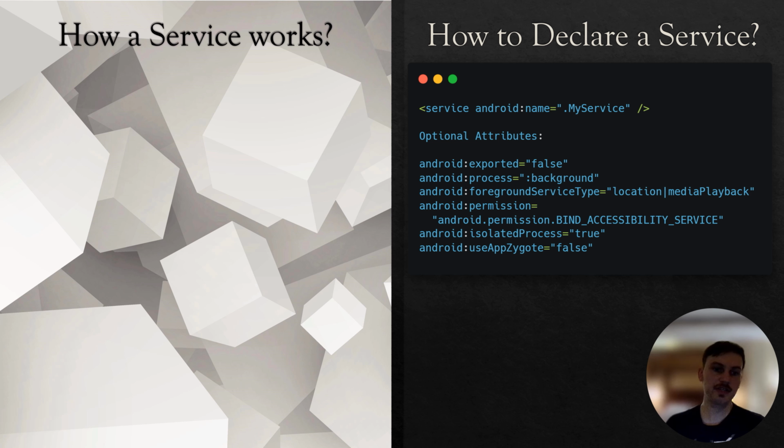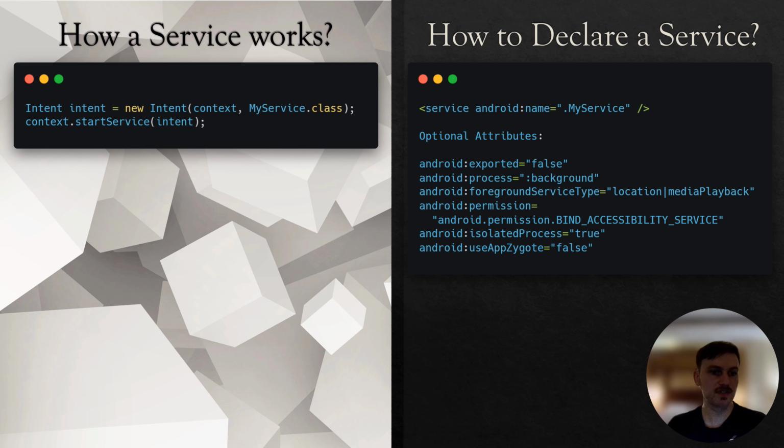Another attribute indicates whether the service will run in an isolated process separate from other components in the app. An isolated process has a distinct UID and does not share memory with other app components. The last one indicates whether the process for the service should be created using App Zygote, a memory optimization feature in Android. How a service works. To start a service that runs in the background, we need to create a new intent object